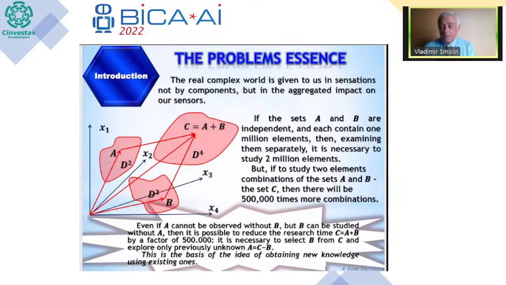only millions of elements, and it is more than 500,000 times quicker to learn these base elements than to study all the compositions. And moreover, if just some of